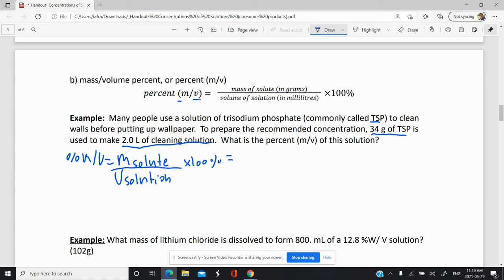That's going to be equal to our solute, which is the 34 grams of TSP, over 2 liters of cleaning solution, the entire solution. For the 2 liters, we have to convert that to milliliters. So remember, 2.0 liters times 1,000 milliliters for every 1 liter, cancel liters out, and we get